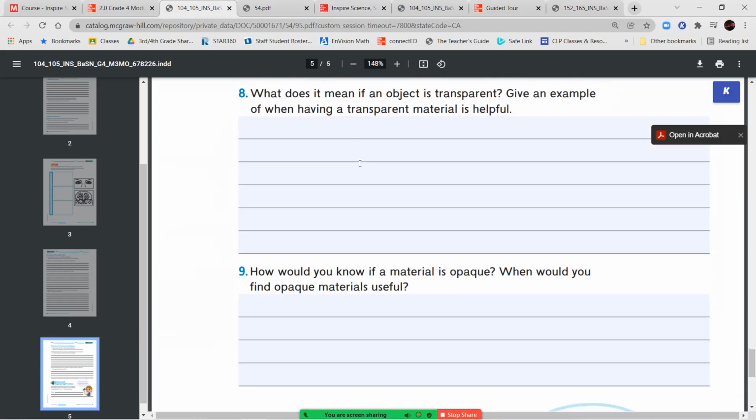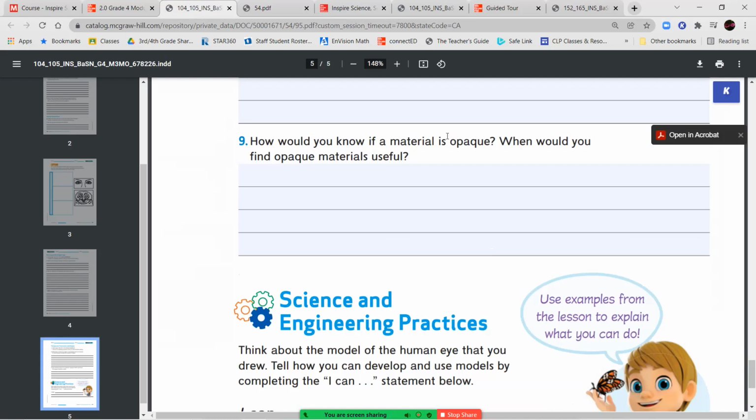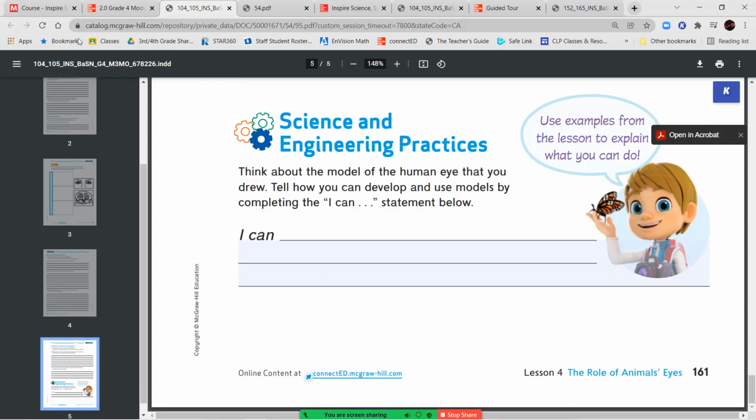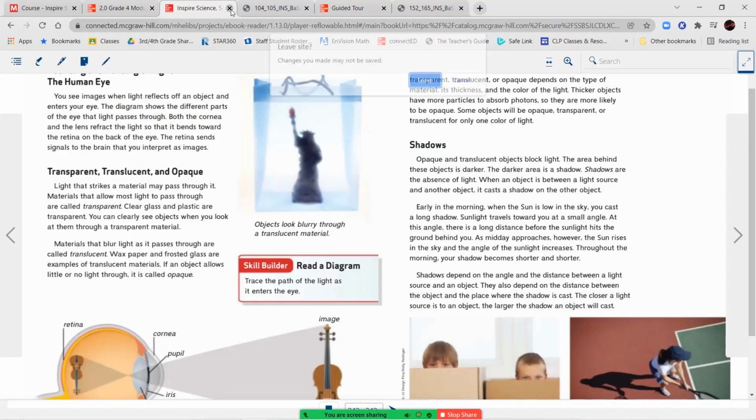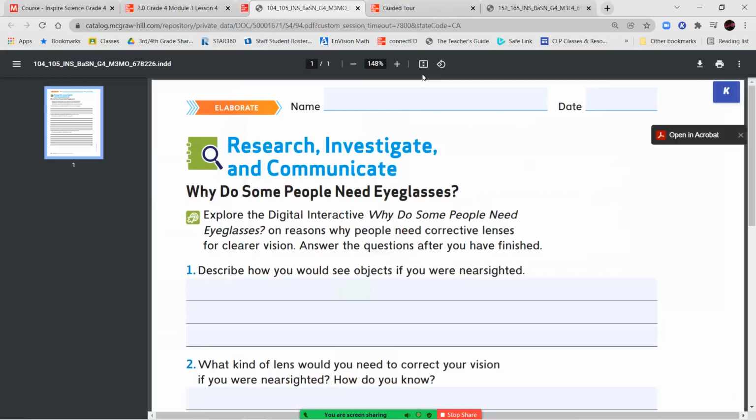Okay, so what does it mean if an object is transparent? Give an example of when having a transparent material is helpful. So why would it be helpful to have something that's see-through or clear? So give the definition of transparent, an example of when it's useful. Give the definition of the word opaque and when having something opaque would be useful. And then, like I said, you don't need to do the I can statement. Once you've completed those pages, we're going to go ahead and jump into our next set of pages